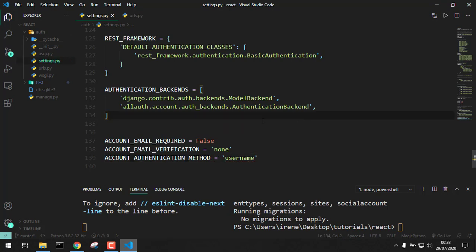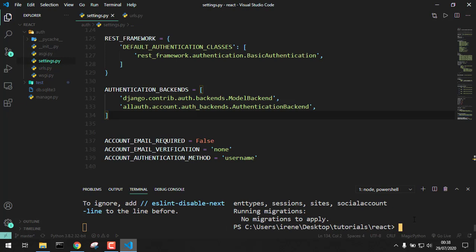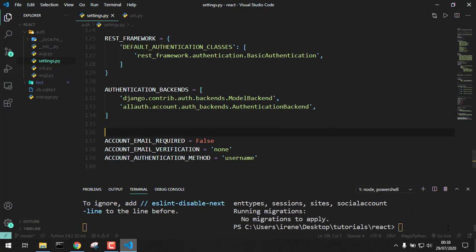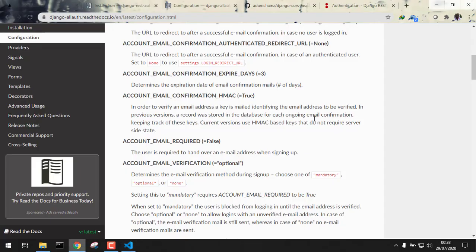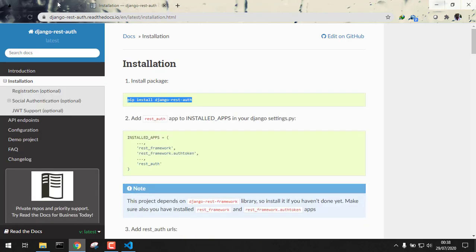So save everything, and if we try to migrate to see if there are any changes to be applied, no changes to be applied. That looks good. So we can go ahead and see if we can post some data to our backend. So everything looks fine. We have our application. If we refresh, we should be able to log in right now,